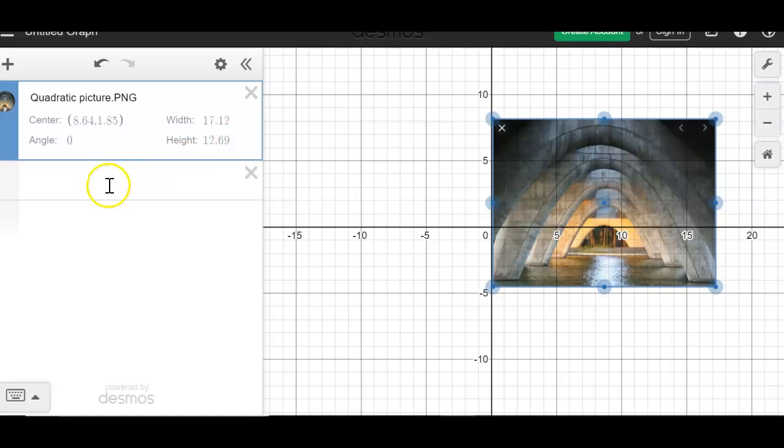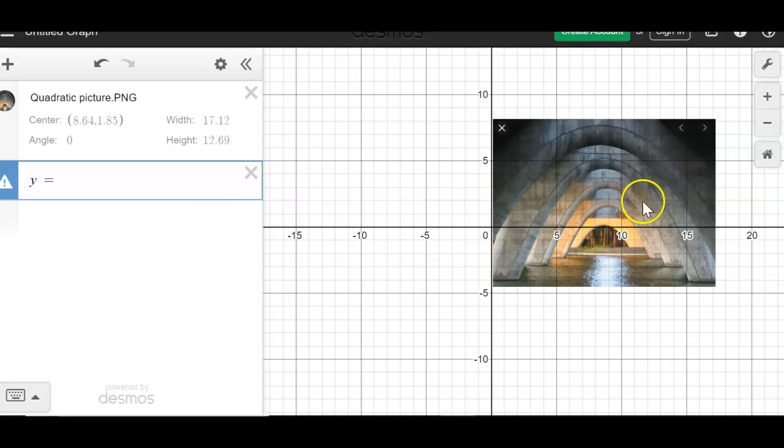So then the next thing we're going to do is I'm going to write an equation for that smallest parabola. I tell my kids, just because it is, I think, the easier form, we're going to do it in vertex form. And if they know their vertex form, they should not have any trouble going over here real quickly and finding their vertex. Mine looks to be about 9, maybe 1.5. And so I'm going to go ahead and type in